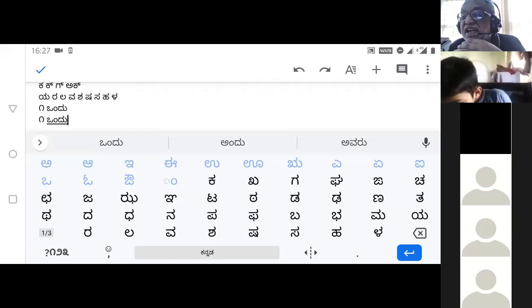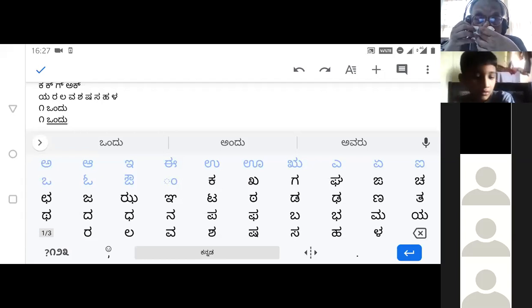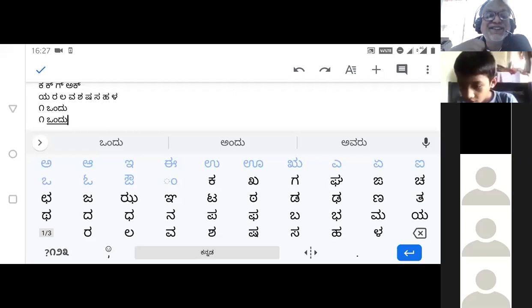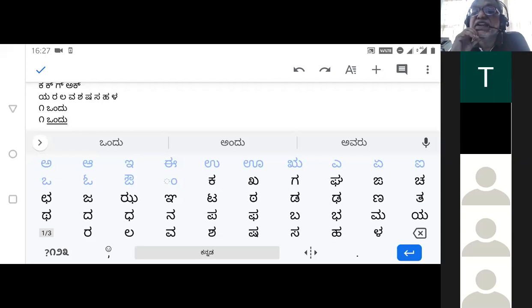Jyoti. Sir, I'm not able to do. I'm writing down, sir. No, that is fine. But what is the difficulty? Sir, I'm not able to know the key, the year. That's why I'm writing it. No, that is a problem. Okay, I'll just try, sir. Yeah, you have the keyboard, right? What is the difficulty? There is some confusion. Let me just check. Pradeep or Bindu, can you help Jyoti?